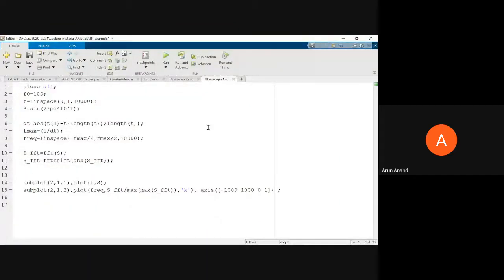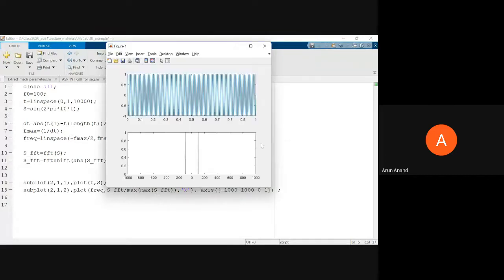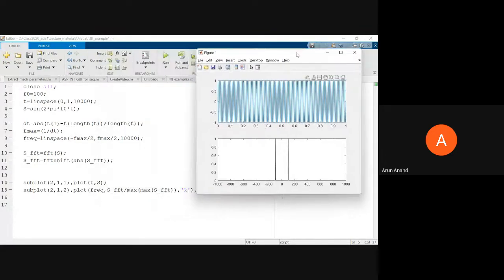Okay, so this is basically the same thing. I have shown you the same code or slightly different. I'll send you these codes, not an issue. When you run it, what you are getting is something like this. I have used a signal of 100 hertz. I created a time frame, f0 is the frequency. Then I am creating the signal. Signal is represented by s, that is sine 2 pi f0 into t. Then I am calculating the dt.